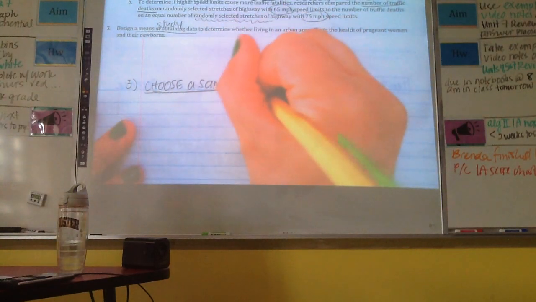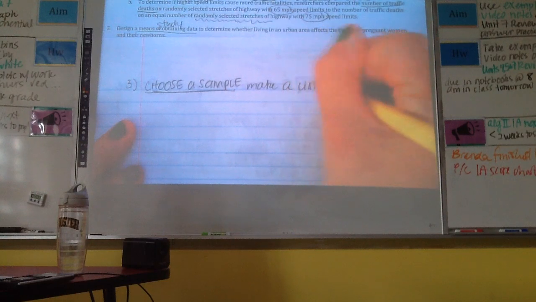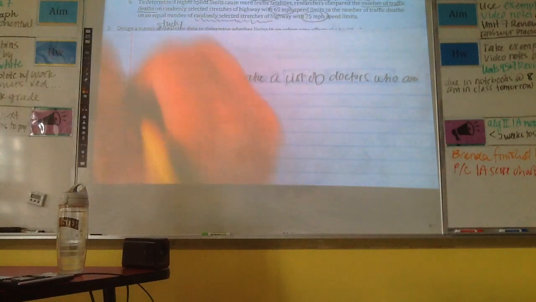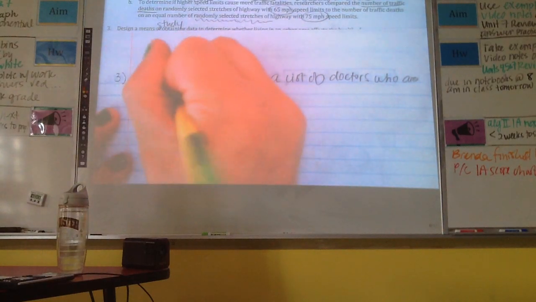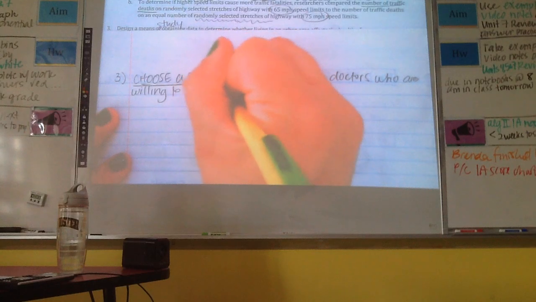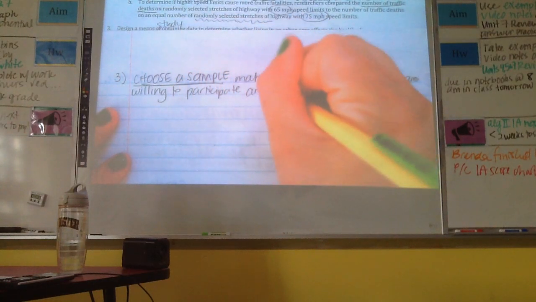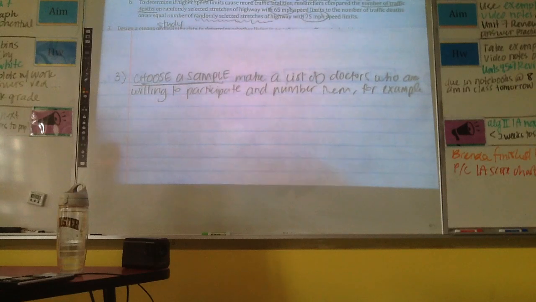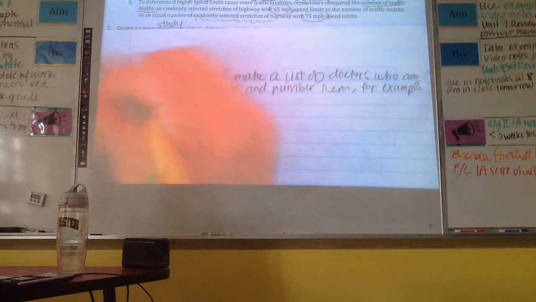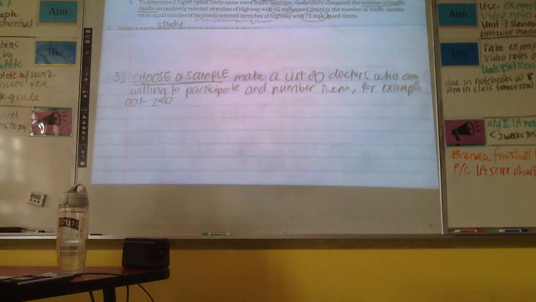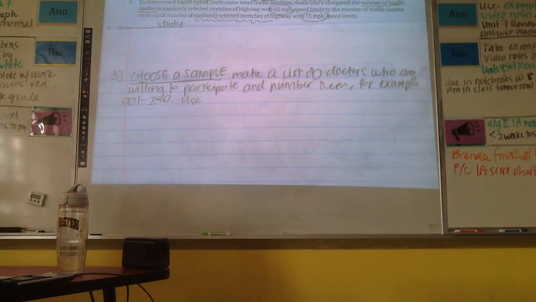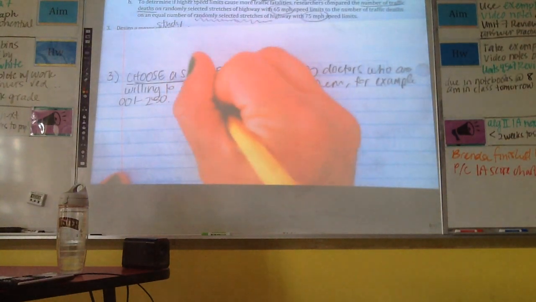And so maybe we make a list of doctors who are willing to participate and number them. For example, we don't know how many people are willing to participate. So maybe we'll number them from 001 to, let's say, 250. Maybe we have 250 doctors willing to participate. Then we want to make this really random. Systematic is okay, but random number table is always best. Use a random number table